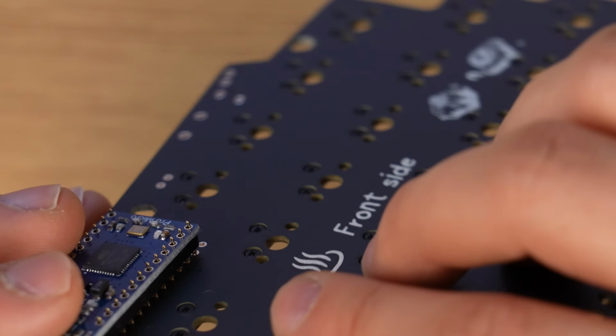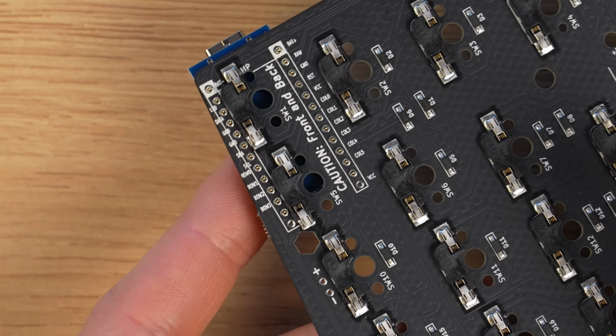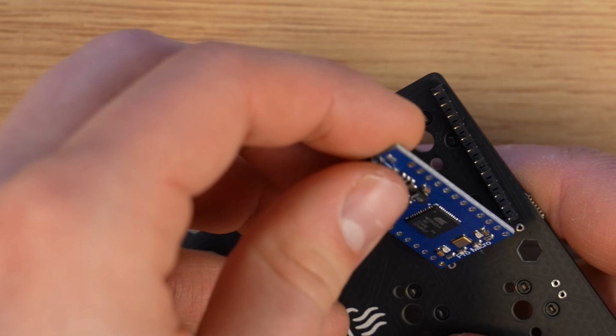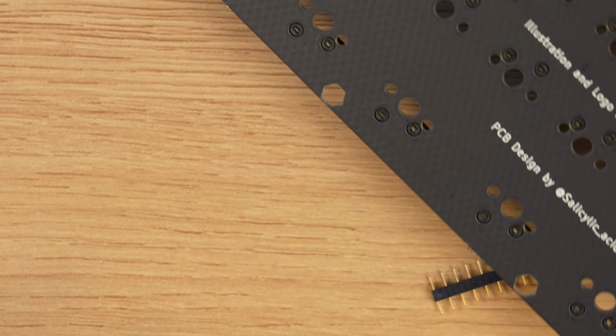Oh man, that is satisfying. When I push it in, the sound is so satisfying. Okay, and now I'm supposed to solder this. Wait, I put it on the wrong side. God damn it. Can I even remove it? Okay. No! Oh my god. Okay, I was able to...